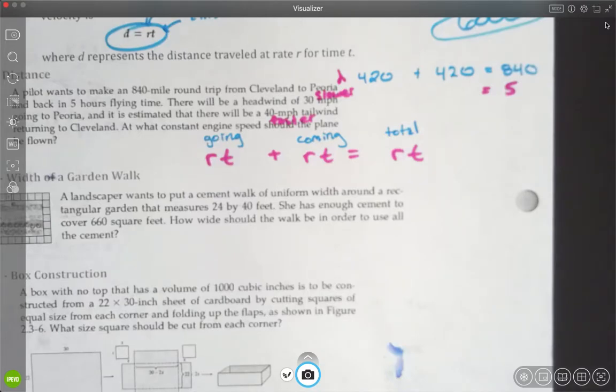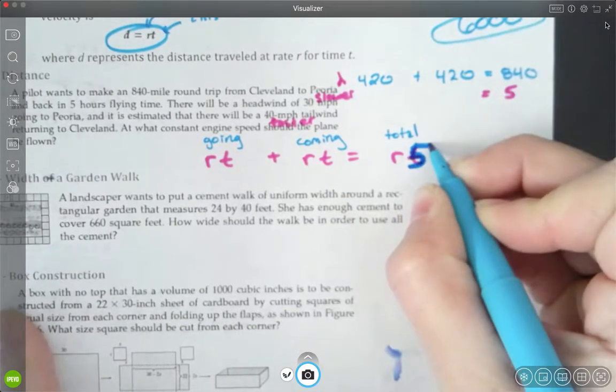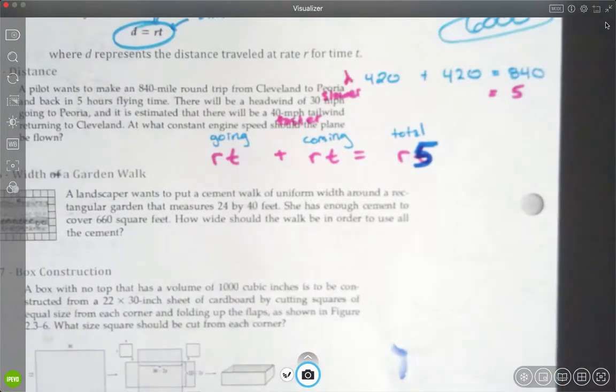Okay, what do we know? We know the distance, and we know how fast they're going. 10 miles per hour, 5 hours. 5-hour flight time total. Where does that go? That goes under total time. This is a 5. 5 is total time. Okay? Now,